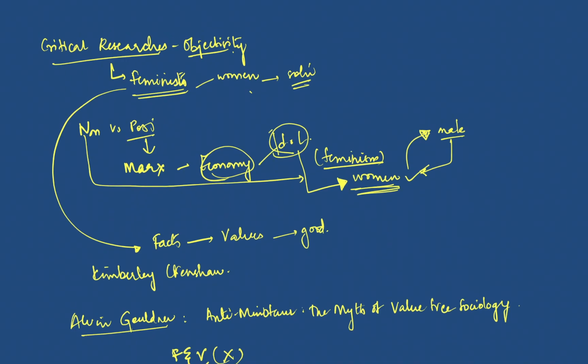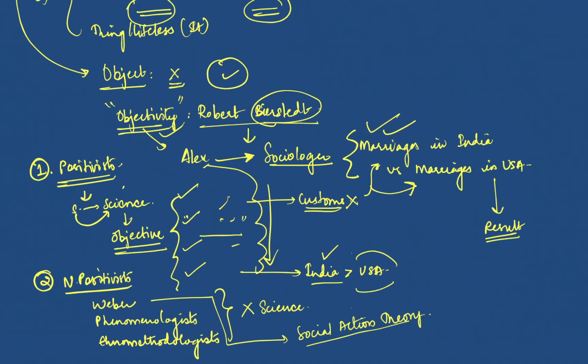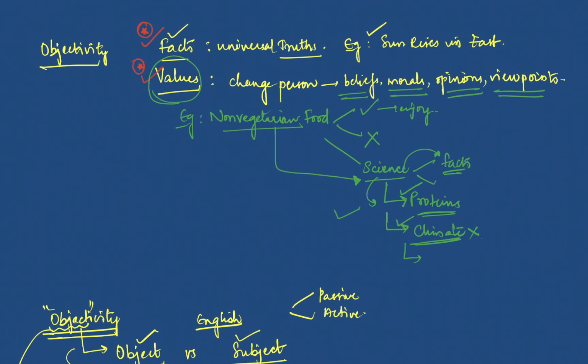And in the next class we'll be starting the most exciting, or the most interesting part, that is the sociological thinkers. We'll be starting with Emile Durkheim, because I just want to follow a particular sequence. Emile Durkheim is a functionalist, so we'll start with functionalism when we deal with Durkheim, and then we'll do the others, right? Then we'll do Talcott Parsons, Merton, Karl Marx, Weber, and Mill. So this will be the sequence, but we'll be doing it according to the syllabus given in the UPSC paper, right?